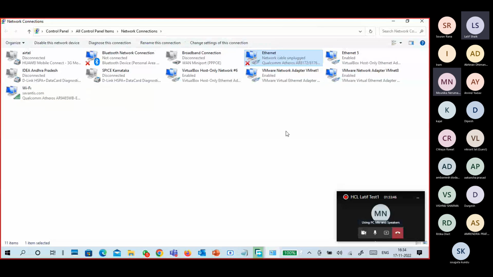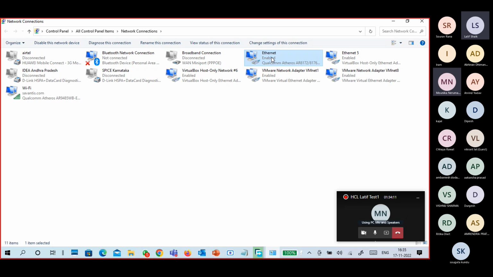I will show you one thing. Just look properly, guys. There is a cross mark for the Ethernet, right? So can you see? This is a cross mark. I'm connecting an Ethernet connection here. See this? Now it is connected. A cross mark means no connection.